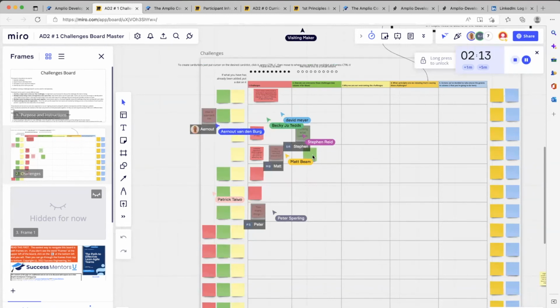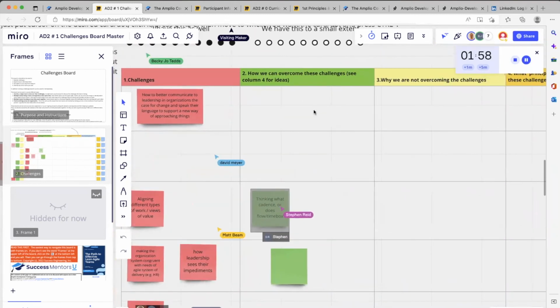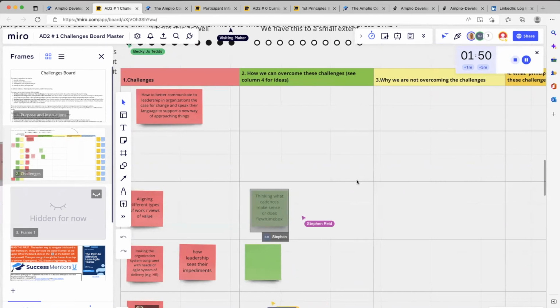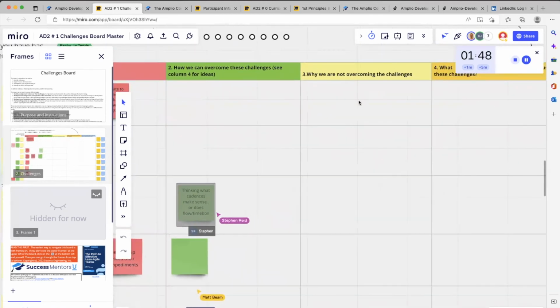That's right. A row represents a challenge you have. And if there are several that relate to that challenge, then yeah, good idea. Nobody's done that before, but sounds good to me. But see, you're going to start putting things on the right, how you can overcome them. So you want anything on the right to relate to the things on the left, because then it actually makes sense. Then you might say, why are we not overcoming these challenges?